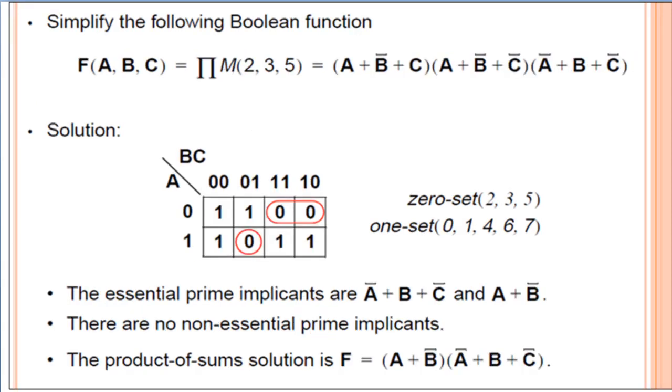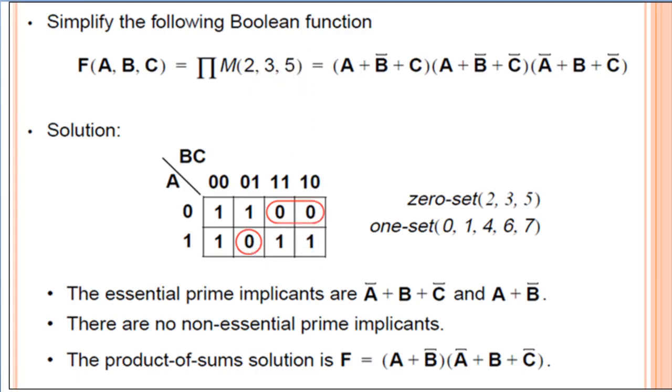Okay, now we take some example of max terms. This is the example for our max term. That means this is a function with three variables a b c, and 2, 3 and 5 are the max terms for that particular function. Now we have to fill these values, 0, 1, 2 and 3. That means this is 2, this is 3 and this is 5. We will put the zeros in that particular location, 2, 3 and 5.